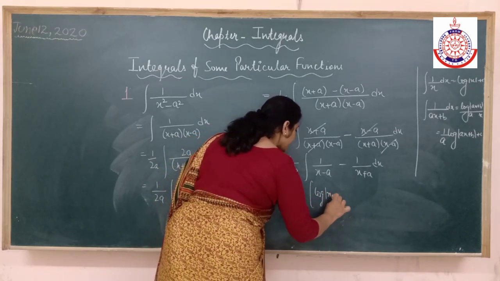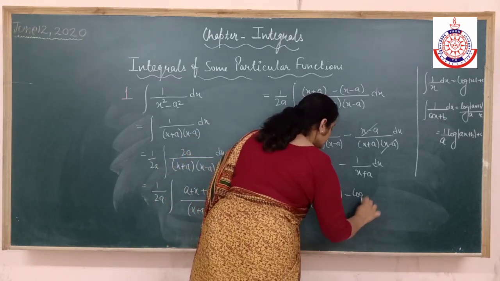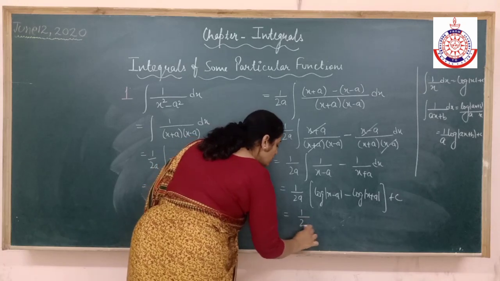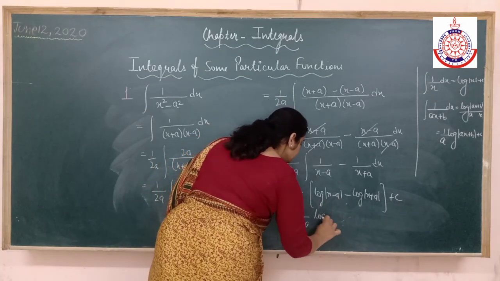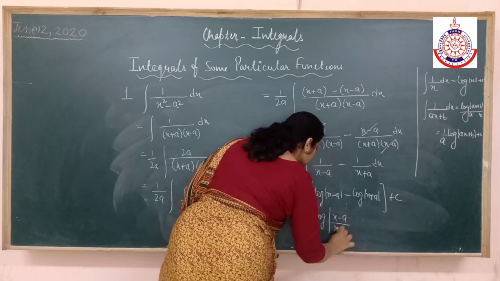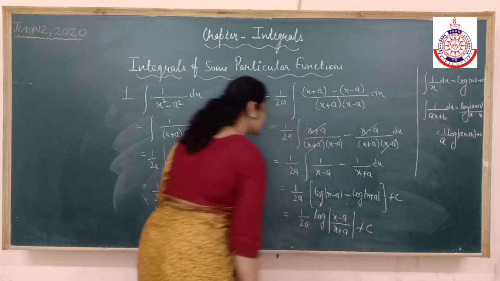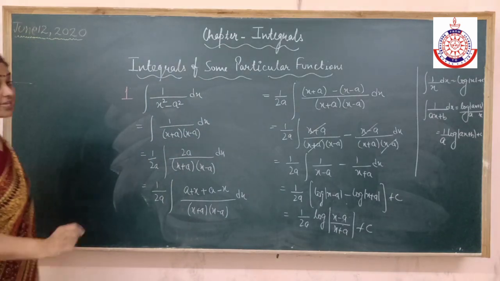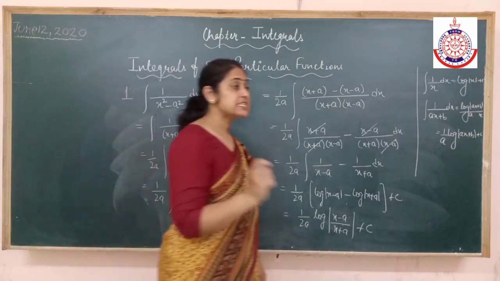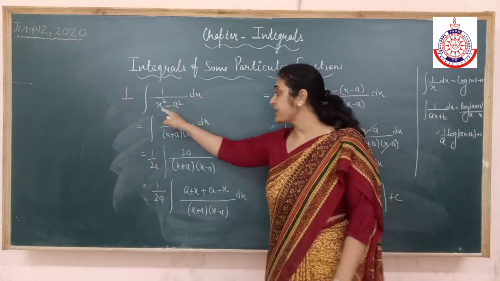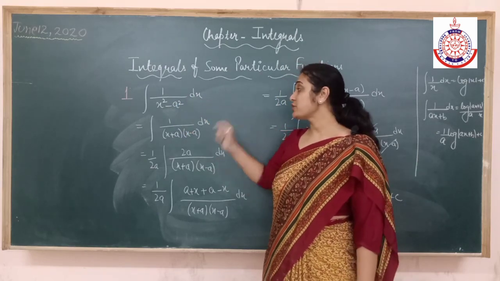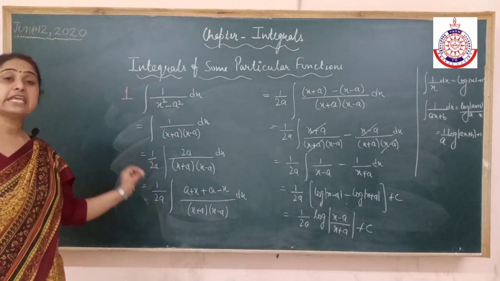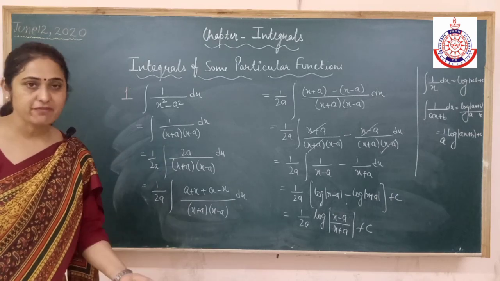It will be log of x minus a. Now apply the rule of log m minus log n. This is what we had to prove. Is it clear? Alright. And children, in the same way, the second you have to prove on your own. Second property, that was integration of 1 upon a square minus x square, the second formula, 1 by 2a log of a plus x upon a minus x, that you have to prove on your own in the same way. Later we will be proving it by using partial fractions also.